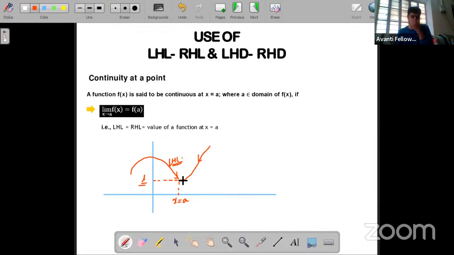So from right hand side, if you will go to that point slightly nearer to x is equals to a, then this is the point. Again, we are getting this value approximately the same. And at that point A, the function value should be the same. That means that graph is smooth, right? So here the function value as well as the value from the right side and the left side all are same and finite. Then we can say that the function is continuous at x is equals to a.